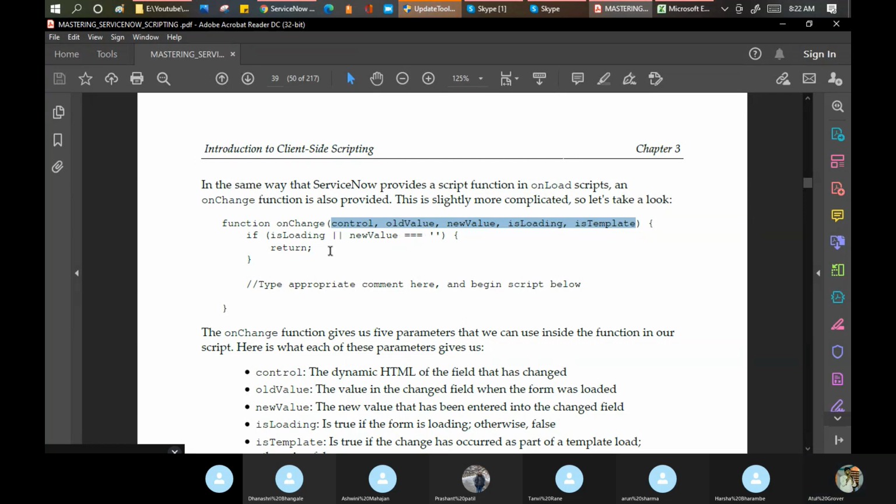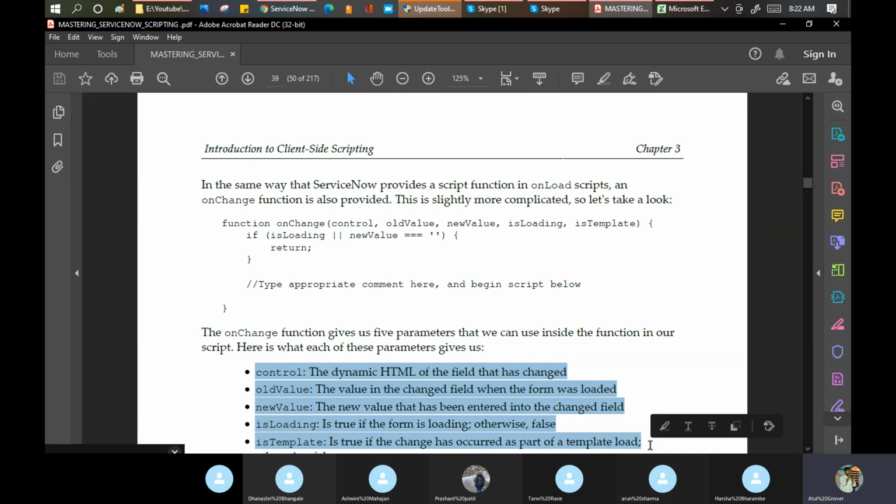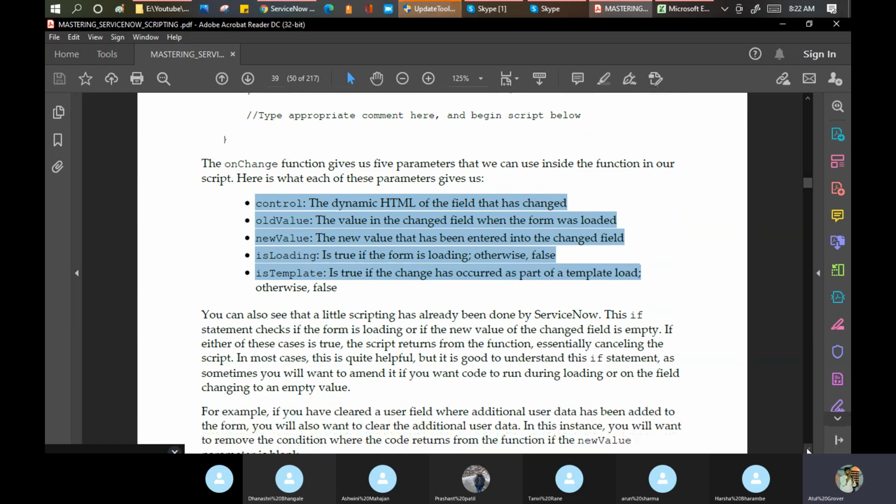To understand this function, you can read these six points. Control is coming from a dynamic value. Is loading means whether you want to execute these values at the time of load as well. This function has been given by ServiceNow.